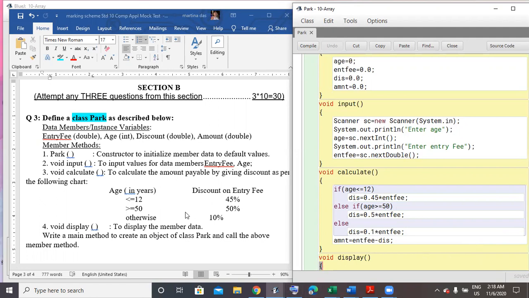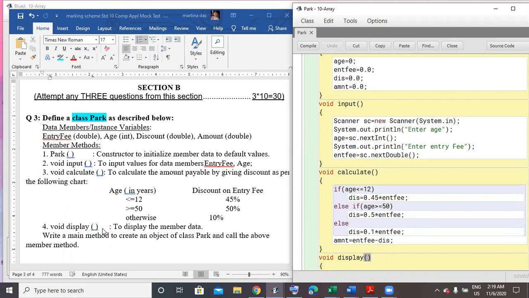Next tabulation is if it is greater than or equal to 50. For this I write else, and again I write if age is greater than or equal to 50, discount will be 50%, that is 0.5 into entry fee. Otherwise, I write else discount equals 0.1 because it's a 10% discount, so 0.1 into entry fee, and then to get the amount, deduct the discount from the entry fee. So my calculate function is also written.